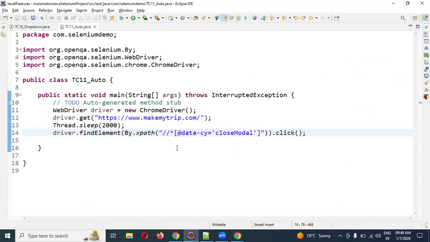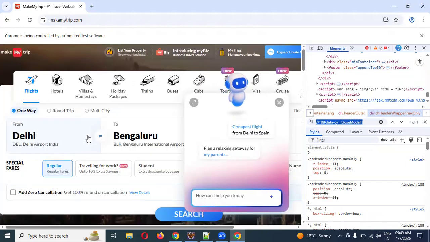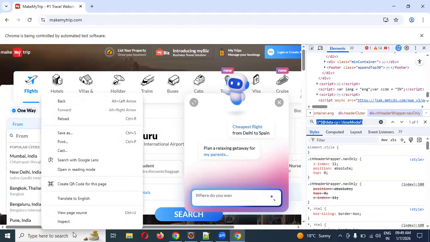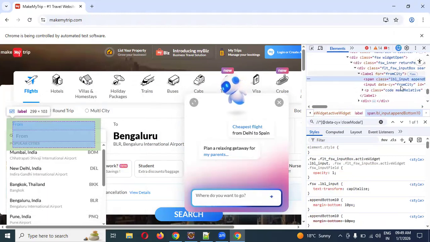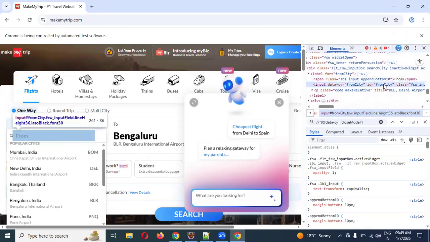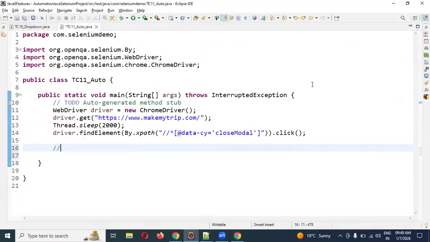For this I'm going to create an Actions class. A small pop-up is there, and until we close it, it will not allow you to click the dropdown. If you want, I can show you that as well. Now you can see from city, the ID is there. I'll take this from city one. I'm not clicking that particular pop-up. Now I'm going to create one web